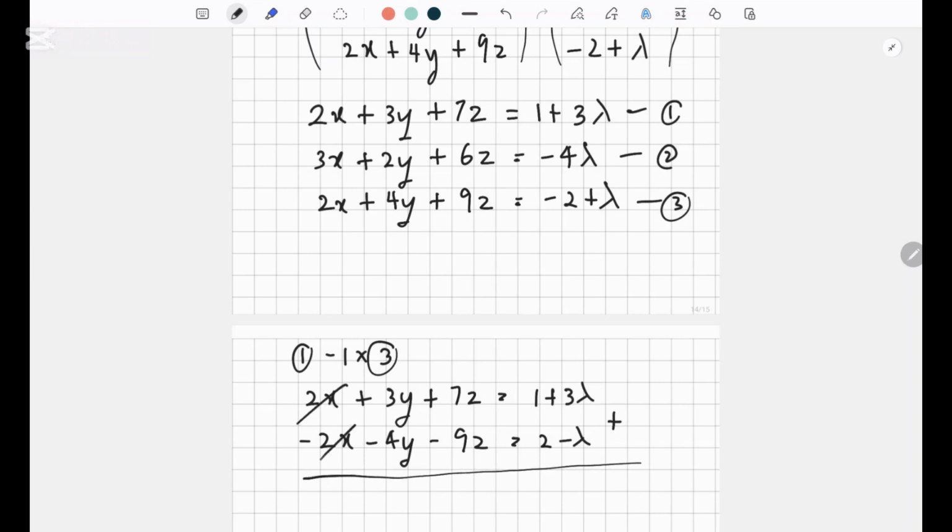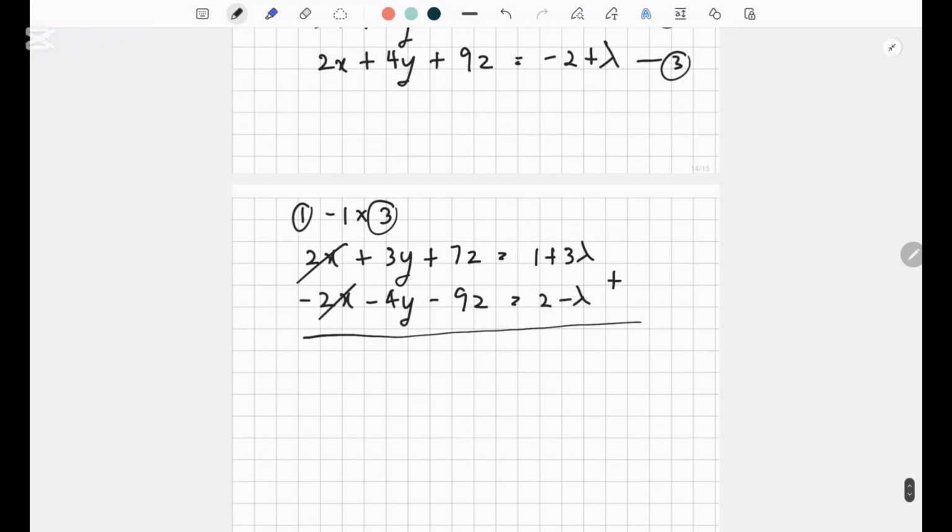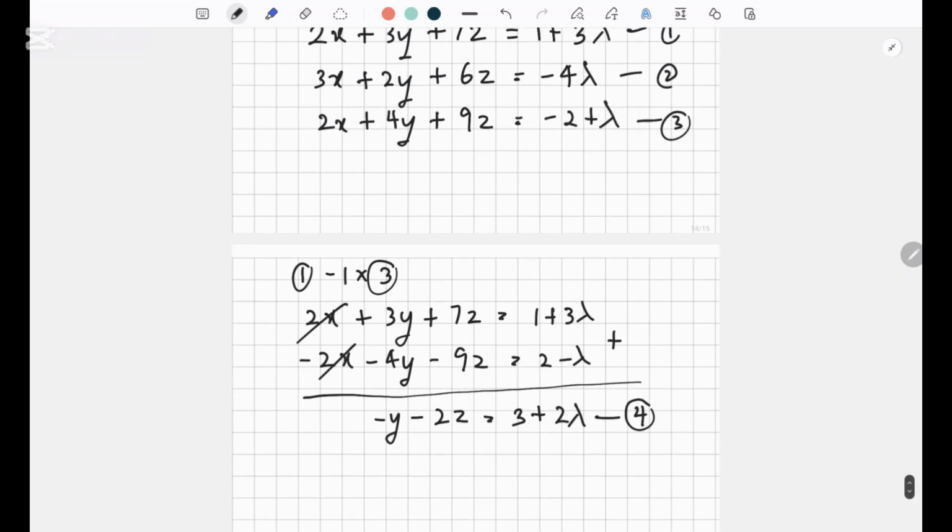Now you can cancel off 2x, and then you get minus y minus 2z equals 3 plus 2 lambda, right? So we can name this as the fourth equation. Here we leave this aside,